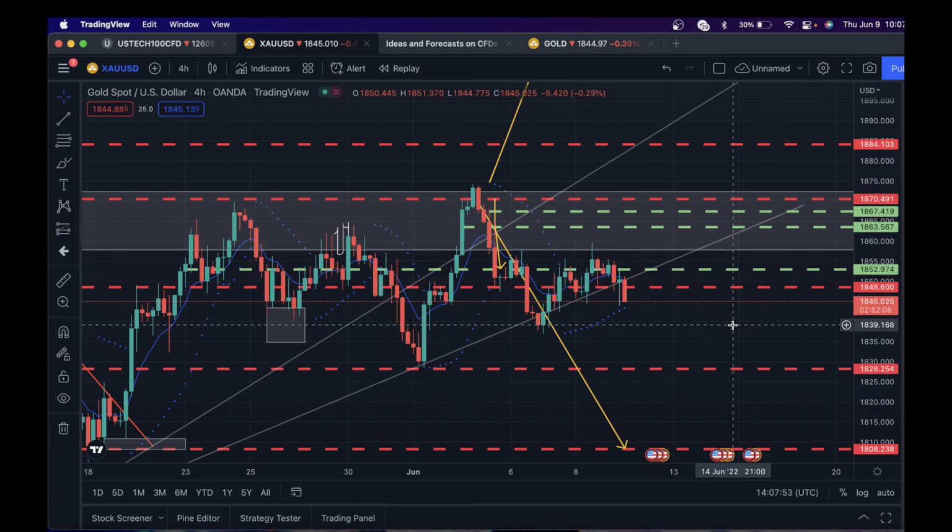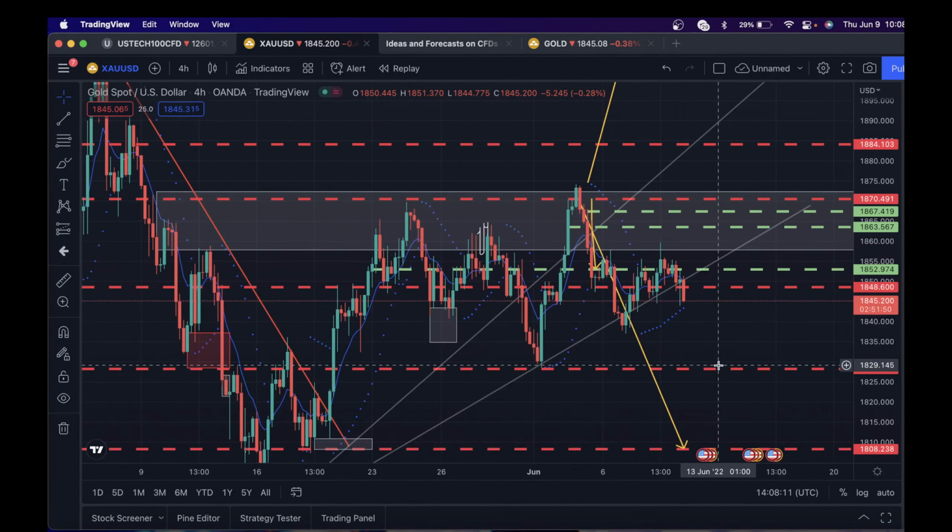I have set a TP for all of those, even for the 1850 sell. So let's wait and check the 1840 level. If this breaks we can go and test again